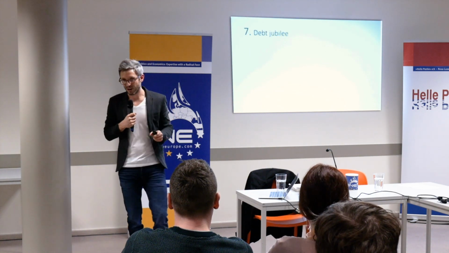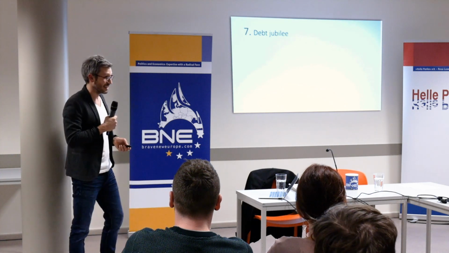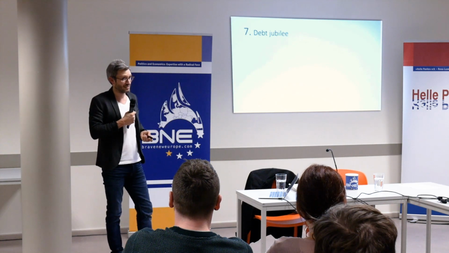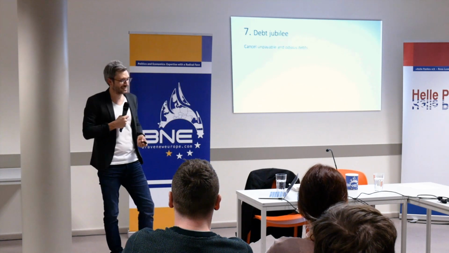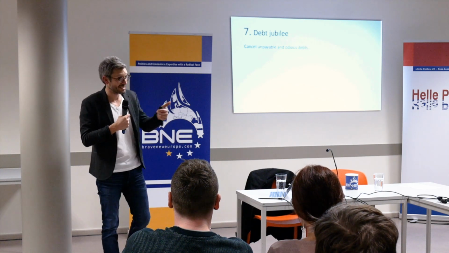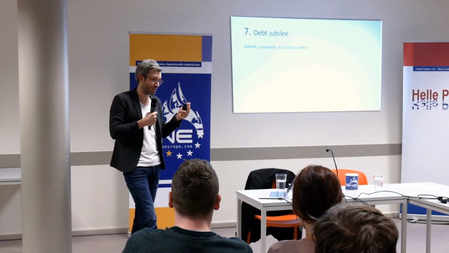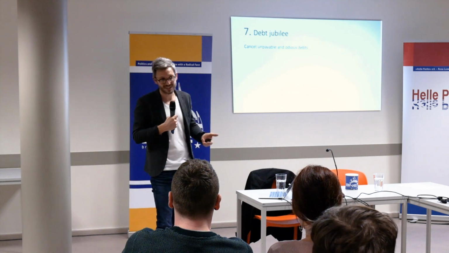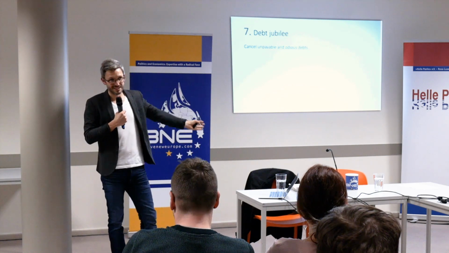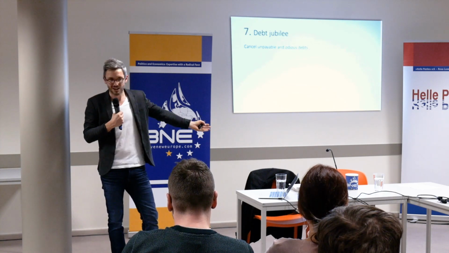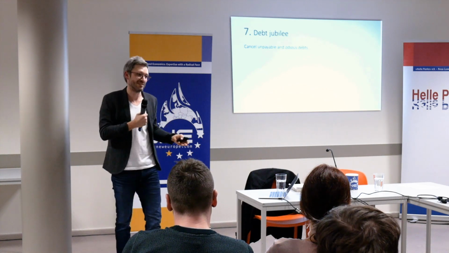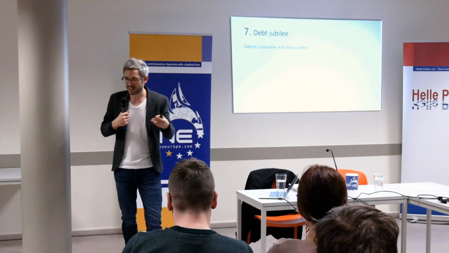This is crucial, I think. We talked about how debt is a key imperative of growth. And so the answer to that one is debt jubilees. And this, again, might seem crazy, but it's done frequently. And there's no reason that we can't make plans collectively to cancel unpayable and odious debts. And that can happen at the state level, within companies, and within households. Okay, we can have household debt write-offs, student debt write-offs, and so on. There are citizens' assemblies happening across Southern European towns that are looking at debts their cities have and deciding which ones need to be repaid and which ones can be legitimately canceled, okay? Again, this is what a real democratic economy would do.